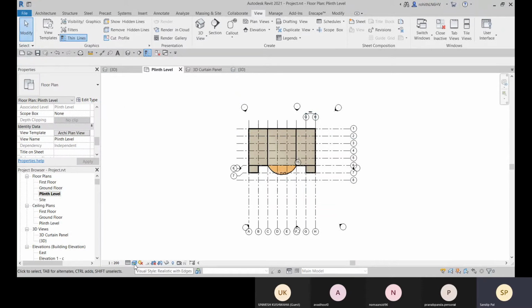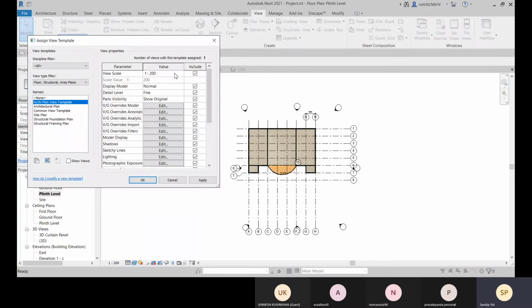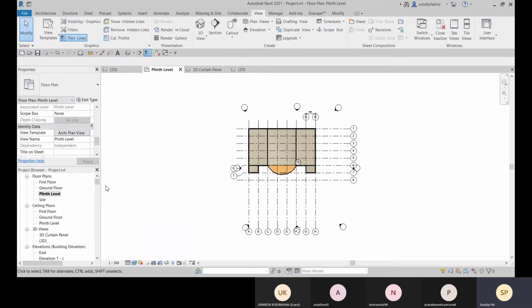Now, if you want to change this visual style, you see all these are grayed out. So if you need to change anything, you have to go to that view template. Within that view template only you can customize. So everything is set as per the view template. All these things are grayed out right now.